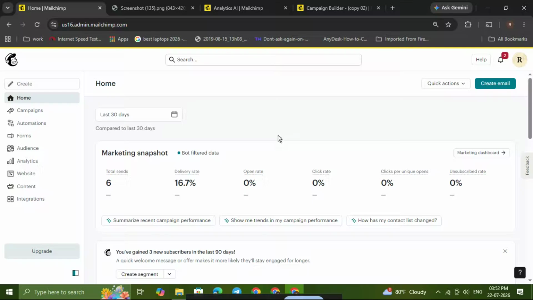In this video, I'm going to show you how to generate custom reports in Mailchimp step by step. If you use Mailchimp to send campaigns and you want better insights into how your marketing is performing, custom reports can help you understand what's working and what needs improvement. This is especially useful if you want to track results more closely, compare performance, and make smarter decisions for your